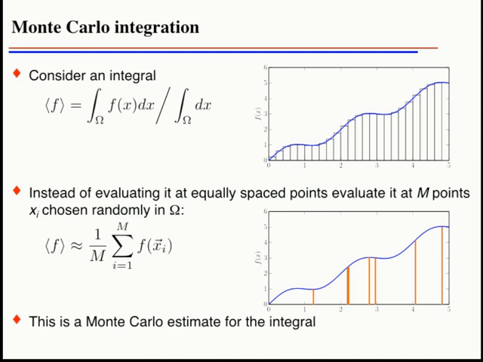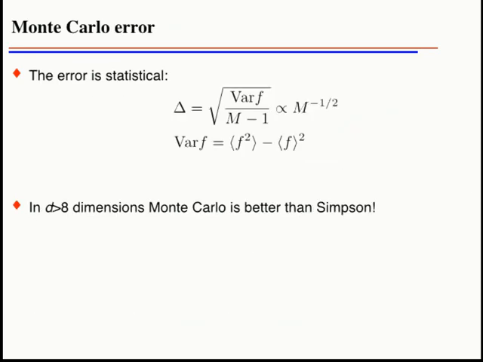If we just have 5 points, that's a bad result. But if we start increasing the number of random points we keep, we slowly converge to the right solution. And actually, the only error that we have in the Monte Carlo sampling is the statistical error. And we know from statistics that the delta on the mean value that we get is going to scale asymptotically with the square root of the number of points, minus the square root,